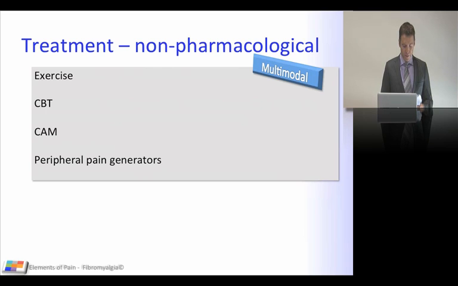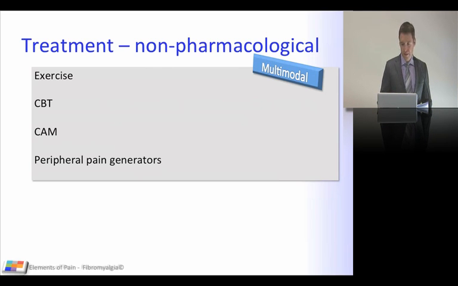Cognitive behavioral therapy works in a group of these patients, and it's been shown to change the affect, the cognition. We know that CBT gives them the tools to allow relaxation and stress reduction. And it's also been shown to increase the diffuse noxious inhibitory control, so it increases the ability for descending modulation on pain. Complementary and alternative medicine haven't been shown to be very useful. Maybe hydrotherapy and maybe acupuncture.